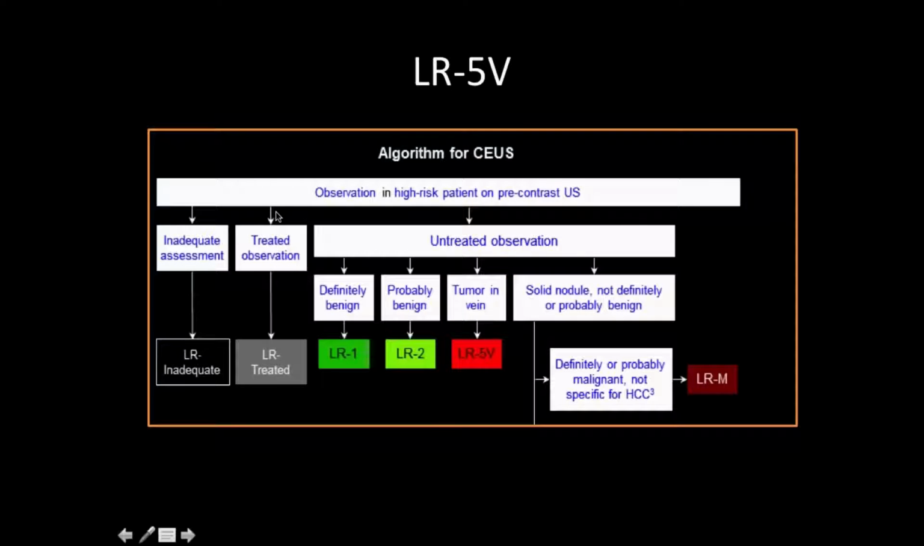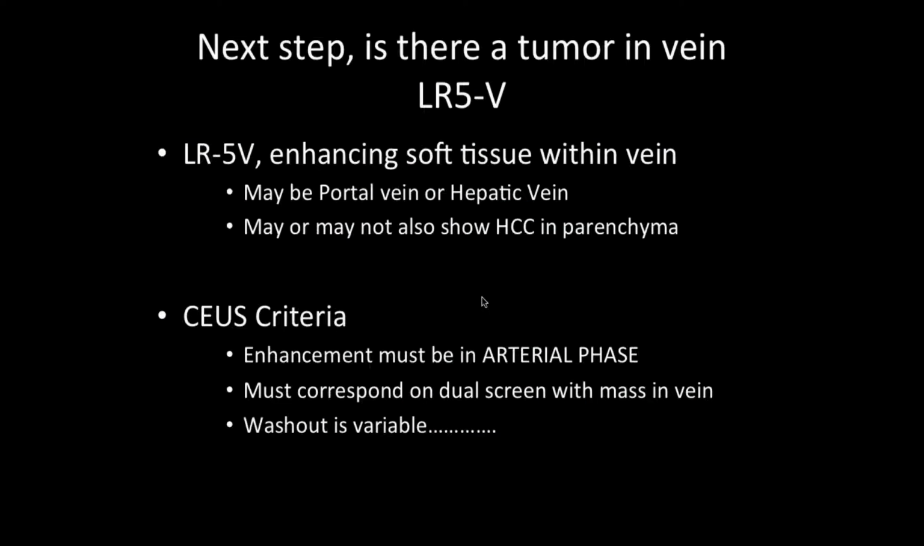So now we've dealt with all of this portion of our slide, and now we're looking for tumor in the vein. When we do our grayscale evaluation, we're looking for evidence of a soft tissue tumor within the vein. This includes both the portal venous and the hepatic venous assessment. And with these vein soft tissue densities, we may or we may not show evidence of a mass lesion within